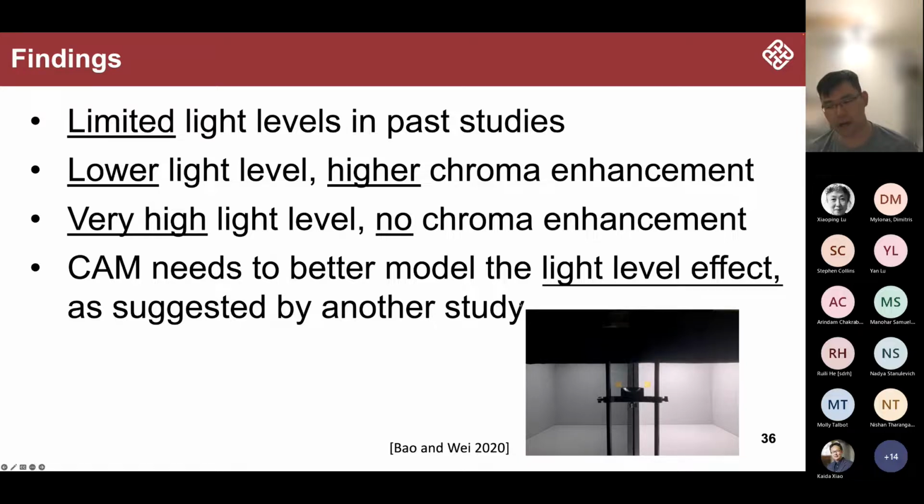Based on this experiment, we also carried out a more standard color science experiment, a color matching experiment under such a photopic viewing condition. We tried to test whether our existing color appearance model can really predict color appearance under extremely high light level, in other words, 15,000 lux. And we find the color appearance model cannot do that. In other words, CIECAM02 still needs some modifications to be applied at high light levels. This is because the existing color appearance model was only based on data sets we collected under normal light level conditions.